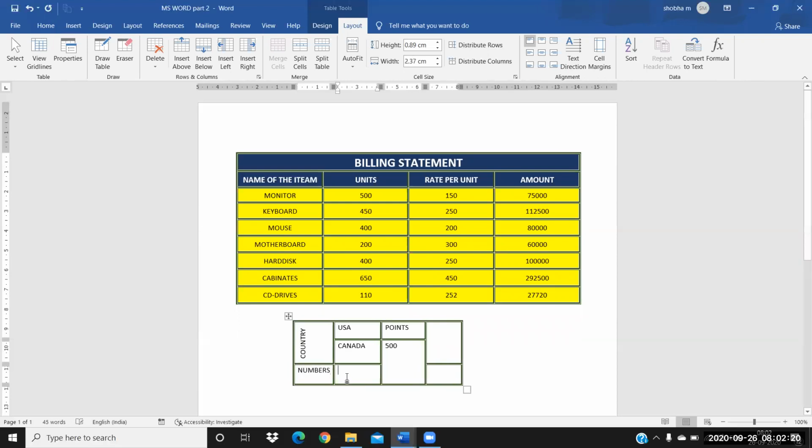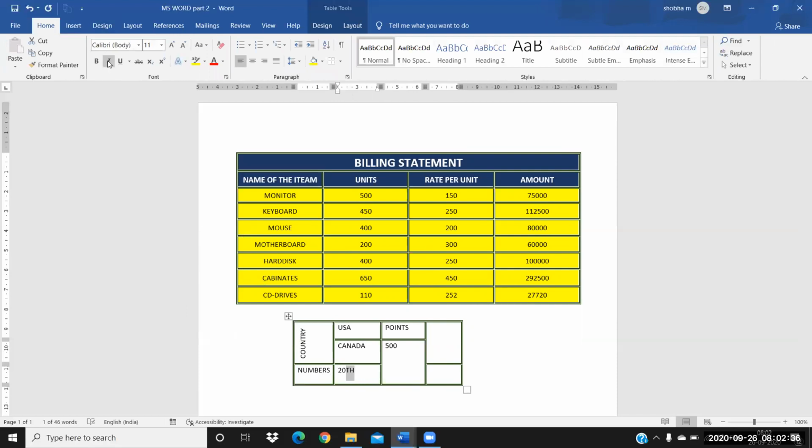So I'm giving here 20th, but this th in the 20th number should be above. Above means it should be above the 0. So just click here. You have an option in the Home tab, superscript and subscript option. See the superscript and subscript. It shows you below the text, it shows you above the text. Below the number, above the number. Okay, so it is above, right? So I'm just clicking on above. See, it becomes above here like this.